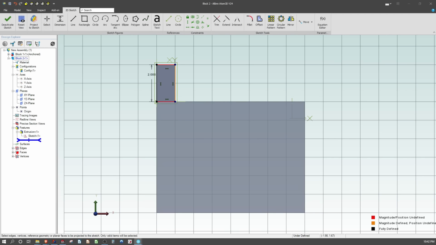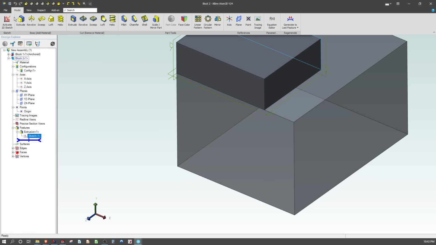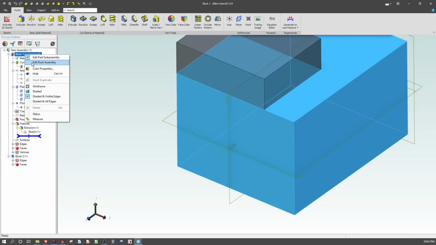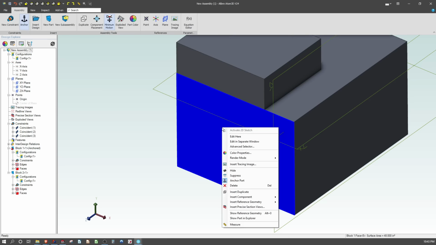Maybe I'll project this edge into my sketch. And maybe I want this to be 2 inches from the edge always. Well, it may not seem all that interesting what I've just done, but if I go to edit this block now,